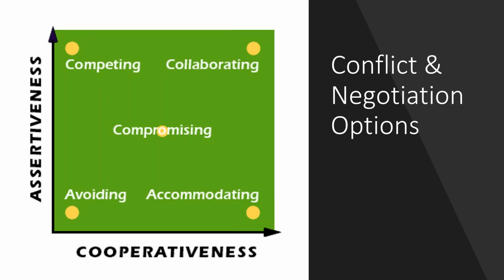So in other words, it's about coming up with some sort of a creative or out-of-the-box solution. The problem with that, of course, is it takes time, and a lot of things in our workplace, we just don't have the time. And so sometimes it's not actually possible to collaborate. But where it is possible, it's great because obviously it's high on cooperativeness, as you can see, because both parties have to come to an understanding about the other person and what they're doing. And then on the other hand, they both have to be reasonably assertive because you've obviously got to have a conversation or two or three in order to come to a resolution around that problem.